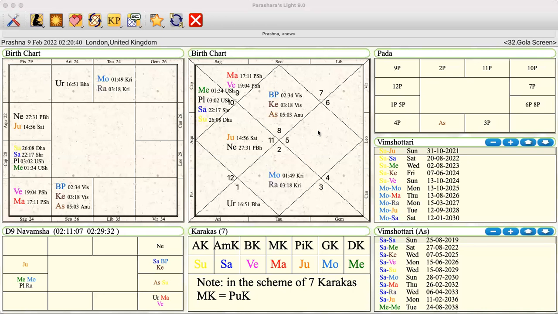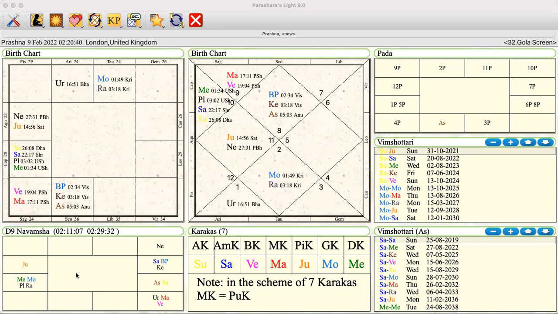So this is also ruled by the Moon, and obviously they do have issues with the father, because the Sun, being the significator of the ninth house, is exalted in the sixth house, and the sixth house is a difficult house, so they could have some issues there. But Sun and Moon are friendly towards each other, so they can inherit from the father. But they could have difficulties with siblings, or litigation with their siblings because of that, because Mars is the indicator of siblings,